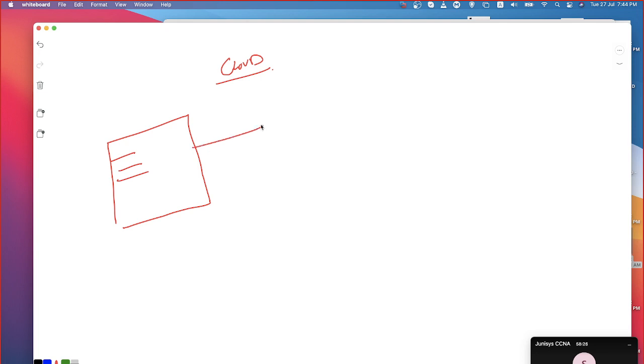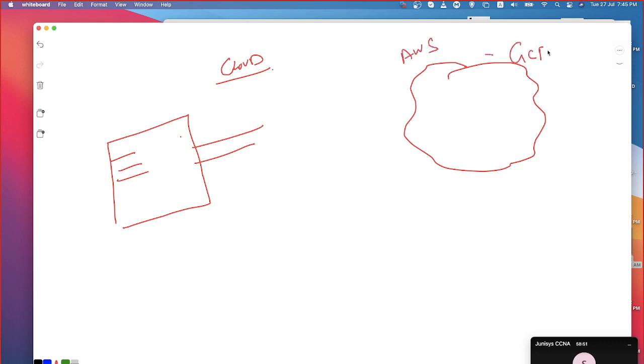But you may need to procure the connectivity to the data center, redundant connectivity. Like that we have to go for multiple data centers, because if something goes wrong with one of the physical data centers, we still have accessibility to the secondary data center. Instead of going for the physical data center, everything can be done on the cloud. The cloud, like your Amazon Web Services, Google Cloud, GCP we used to call them, then Alibaba, Microsoft Azure. There are so many providers. They have their physical data centers hosted in different parts of the world, and they are accessible over the internet.